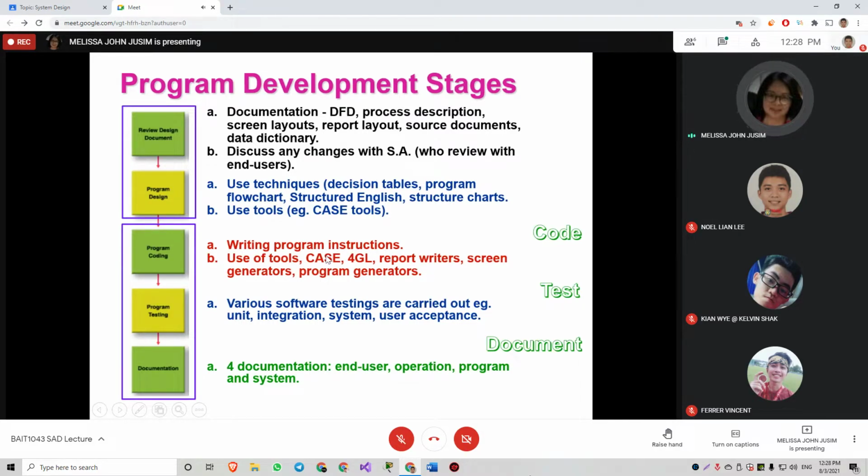Besides that, we will also look at all this briefly, because all these tools during program coding will improve the productivity of programmers. That is what we want if we want to meet the deadline of delivering the completed system to our user. Next week, we will cover the program testing and also documentation.